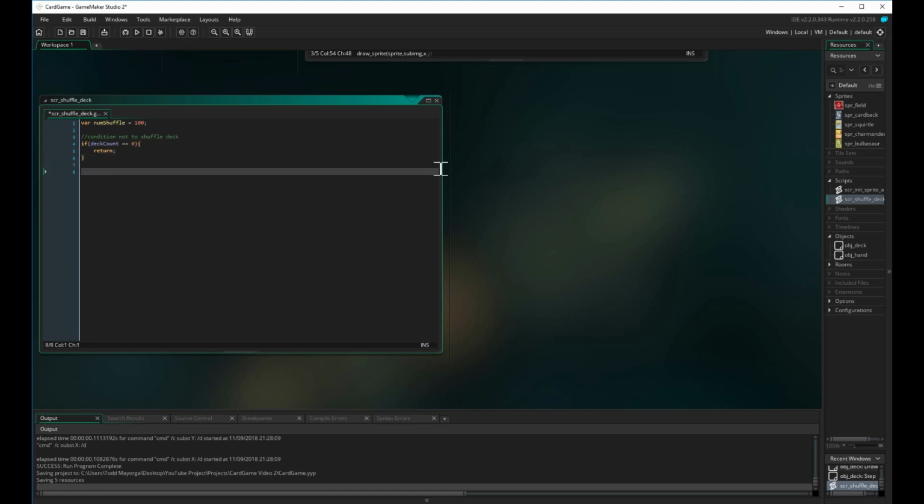Now to shuffle the deck, I need to use two different for loops. So typically we have for I equals 0 and I is less than some number. In this case, this will be the numShuffle variable, I++. Now, since we need to do this twice, if I were to do for I equals 0 and I is less than deck count, I++,